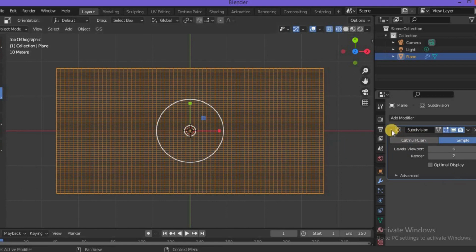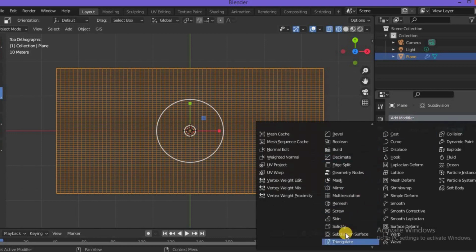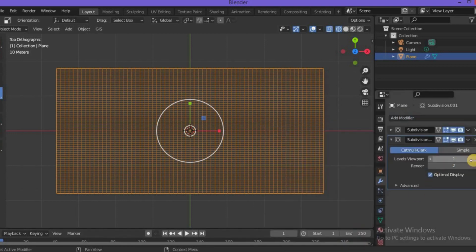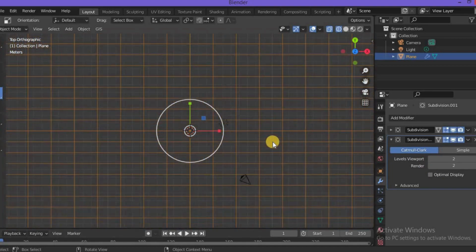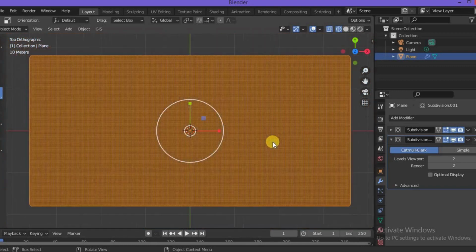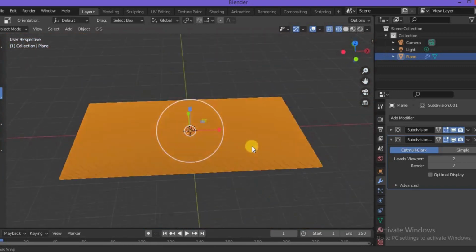So I'm satisfied with it, but in order to show you, you can increase it by adding one more subdivision surface. I'll select once more, and again I'll increase it to 2. So this time you can see it has further subdivided my surface, and if I further increase it, it will be way more divided. So I'll just keep it 2, and unselect this optimal display. Now you can see my plane has been further subdivided into very fine blocks. That's it. That's how we need it.